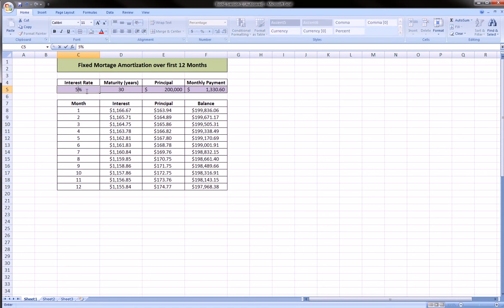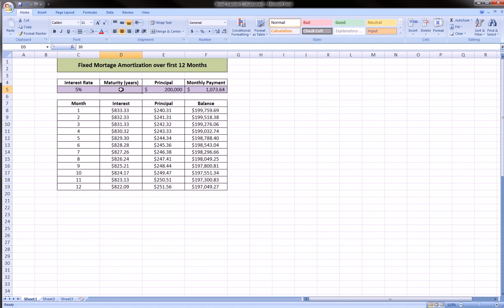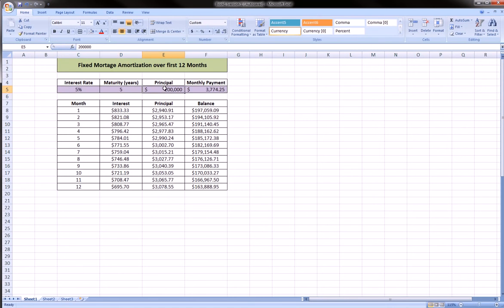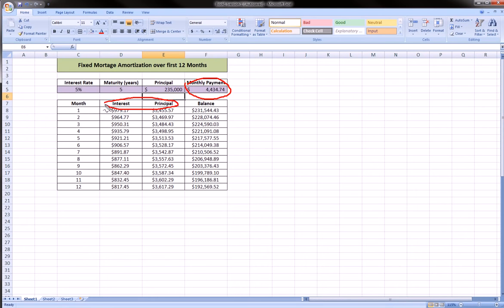So we can change our interest rate, we can change the maturity of our loan, we can change the principal to any numbers we like, and we could immediately see our monthly payment, how much our principal is, how much our interest is, calculated over the first 12 months, as well as how our balance is decreasing,